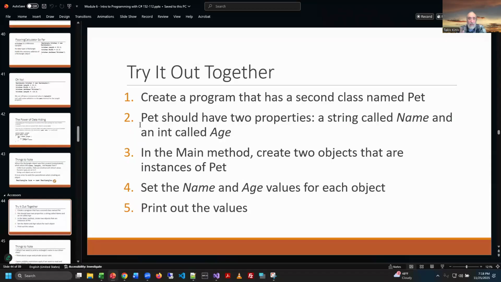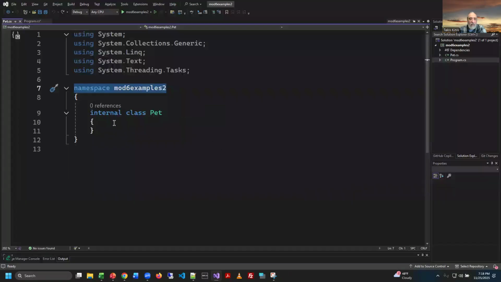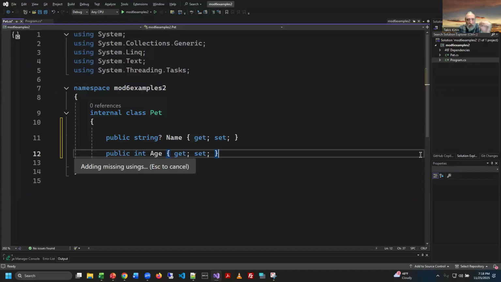It says a pet should have two properties, a string called name and an int called age. Somewhere on my screen here, I think I have these already set. So I'm going to come back over here and I'm going to add those two things. So I have a string called name, notice the question mark there, just so we don't get a warning. And an int called age. Both have the get and set properties available to them,